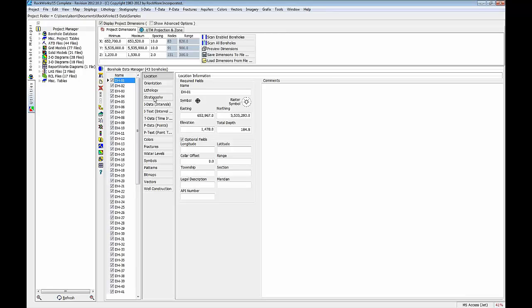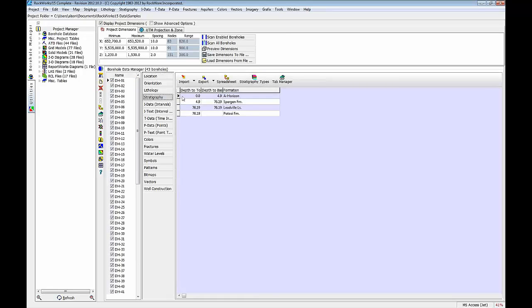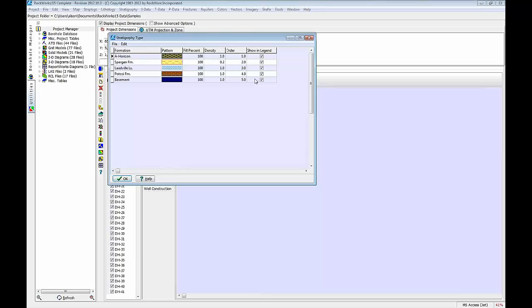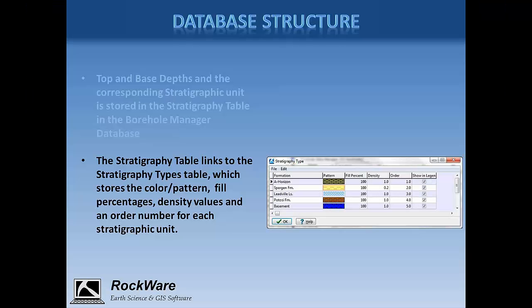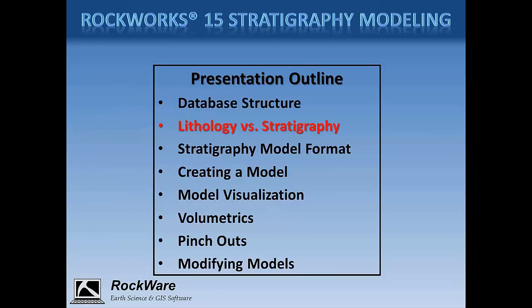If I click on the stratigraphy table right here, this displays the stratigraphy for whatever borehole is selected in this panel. And if I click on this button right here, it takes me into that stratigraphy types table. And again, this is really a reference table that lists patterns and colors associated with each formation within your project. So I'm going to go back to the PowerPoint presentation now and move on to a discussion of the differences